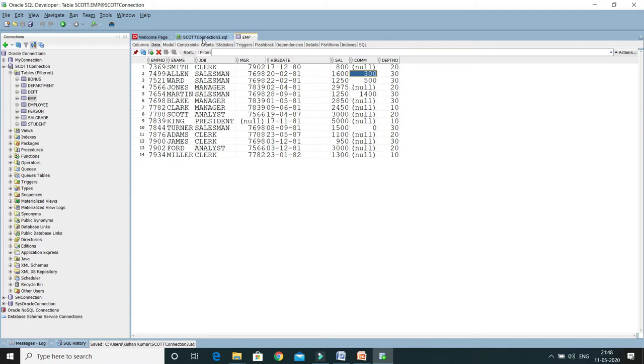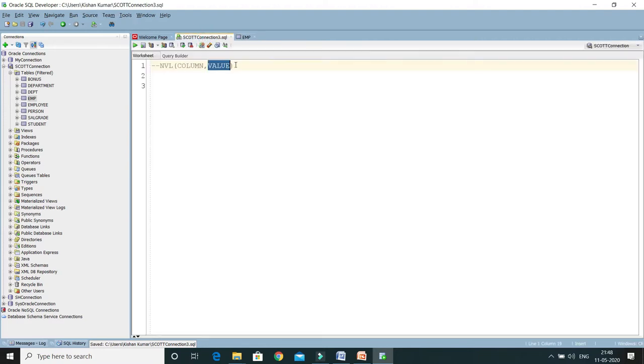So let me write this query. Here I'm going to write select, and I'll select a few columns as well, like name, then salary, then commission, and the third thing I want to calculate, salary plus commission.